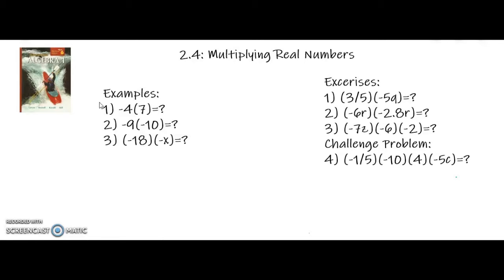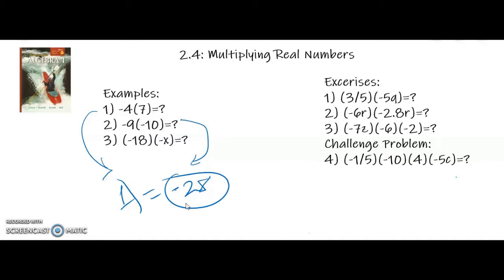Ever since probably middle school or elementary, you've been used to problems 1 and 2, which are the basic calculations where you solve for whole numbers and you get your answer. So for 1, your answer would be 7 times 4, 28, and then minus 1 times positive 1, which is minus, so it would be a negative 28. For number 2,